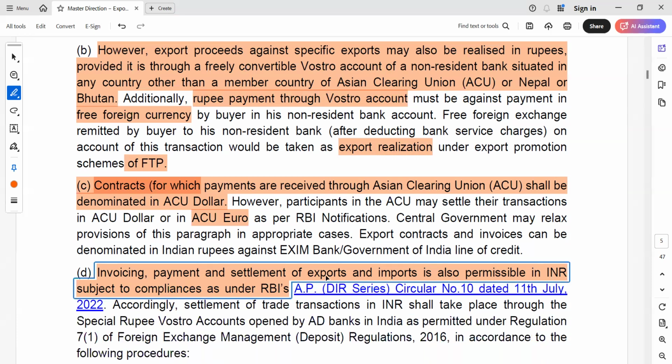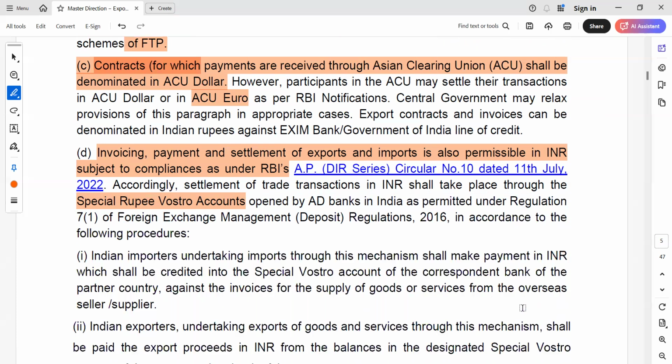Invoicing, payment and settlement of export and import is also permissible in INR subject to compliance as per RBI। तो फ्रेंड्स वही है, इनवॉइसिंग और जो पेमेंट है सेटलमेंट है वो एक्सपोर्ट इंपोर्ट के लिए आईएनआर में हम कर सकते हैं, बट दैट रिक्वायर आरबीआई कंप्लायंस। Accordingly, settlement of trade transaction in INR shall take place through the special rupee Vostro account opened by AD Bank in India as permitted under regulation। तो उसके लिए फ्रेंड्स स्पेशल रूपी वॉस्ट्रो अकाउंट है, उसके थ्रू ही आईएनआर में वही एक्सपोर्ट इंपोर्ट कर सकता है।